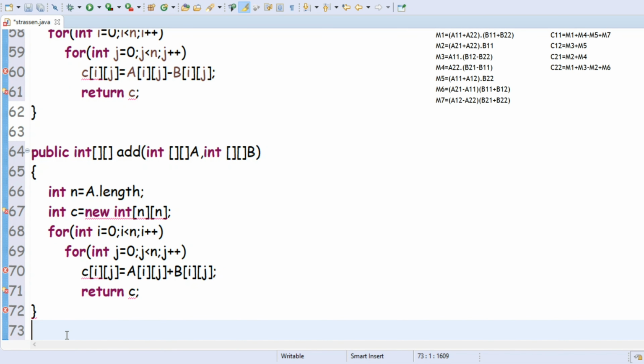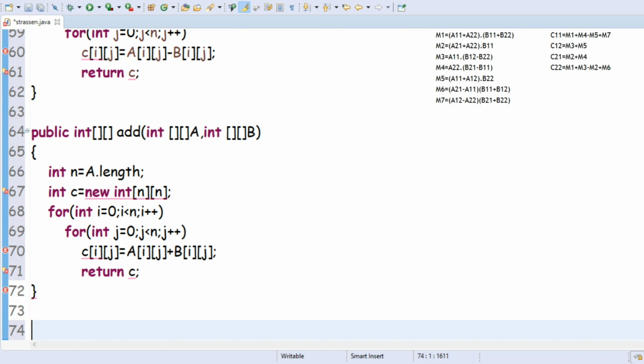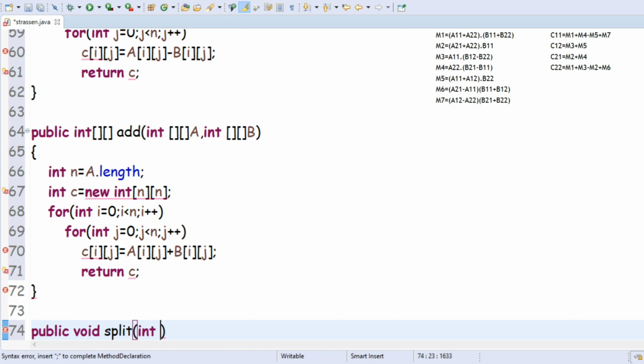Okay, next, coming to the splitting operation, public void split. In this split I will take int parent p and int child c. Next, int ib comma jb.